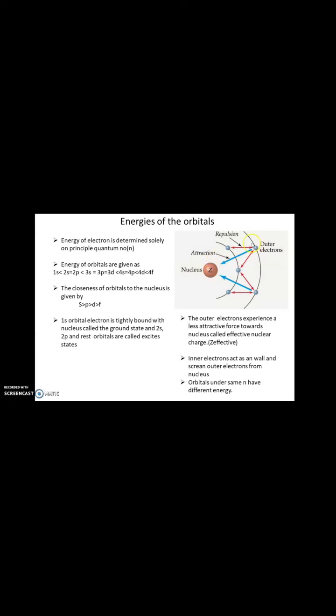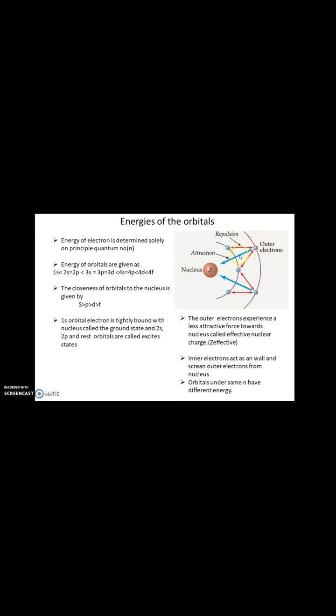The outer electron will not experience the total positive charge of the nucleus, because the inner electrons will act as a screen or shield, and screen the outer electrons from the total nuclear charge. For this reason the outer electron will experience a less attractive force towards the nucleus because of the presence of these inner electrons. Clear? So the outer electrons experience a less attractive force towards the nucleus,